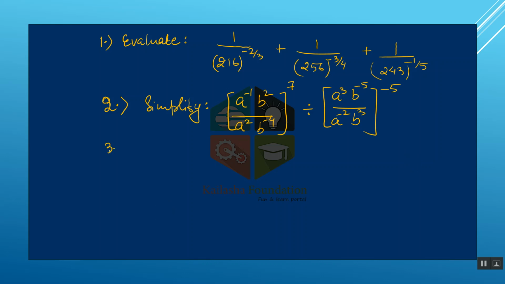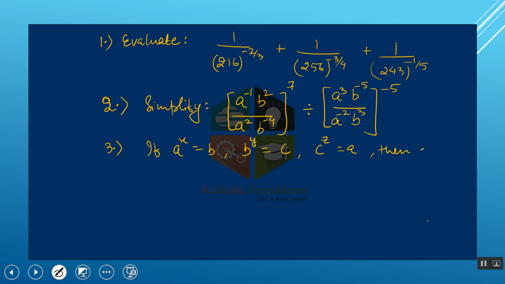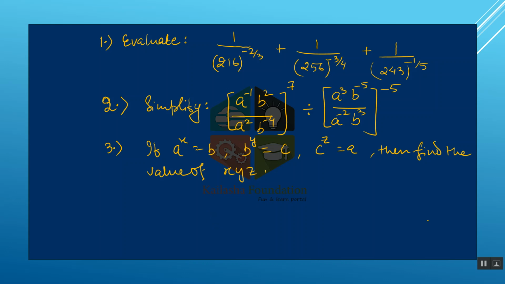Third one is, if a power x is equal to b power y is equal to c power z is equal to a, then find the value of xyz, x times y times z. Okay, now, evaluate